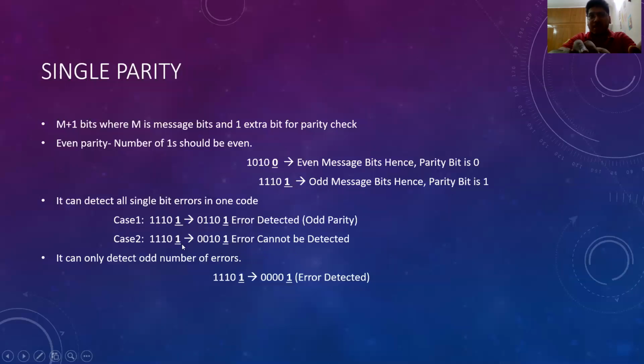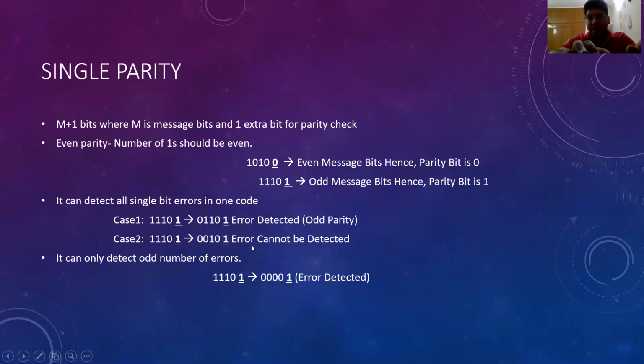But isn't there any error? Yes, there is. The message was 1110, but now the message received is 0010, which means there is an error, but we are not able to see where the error is.